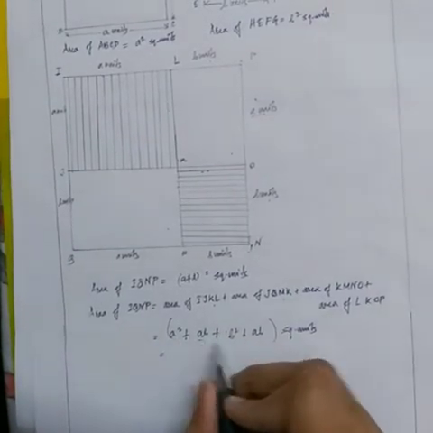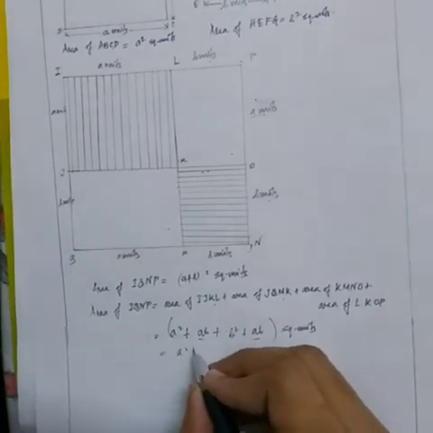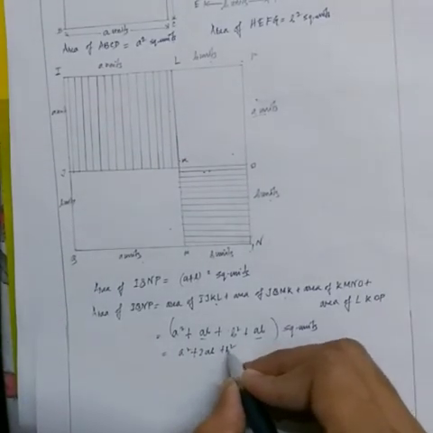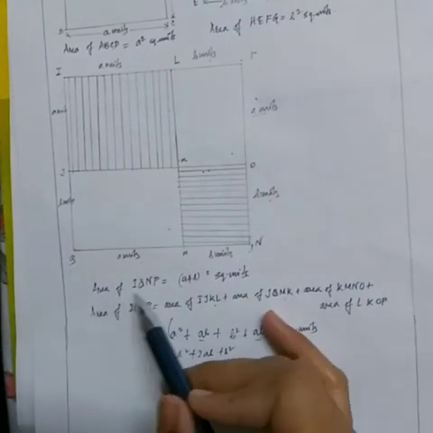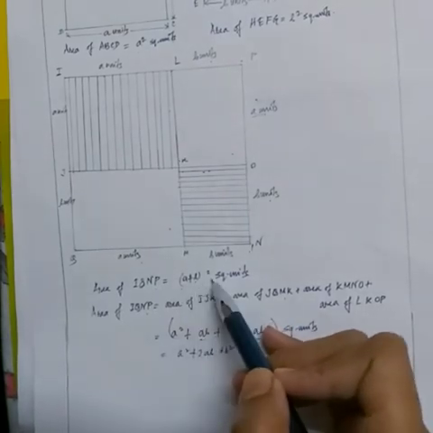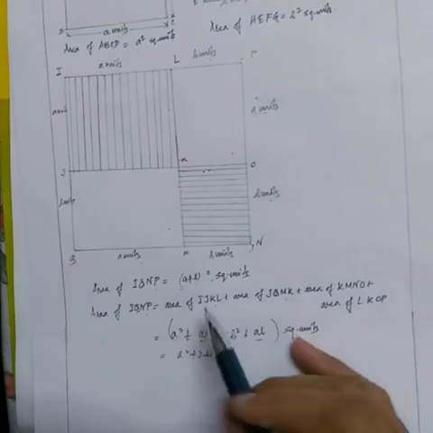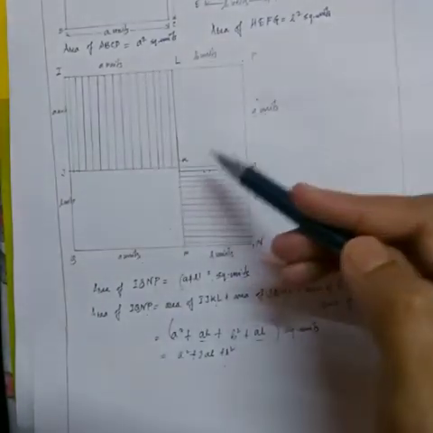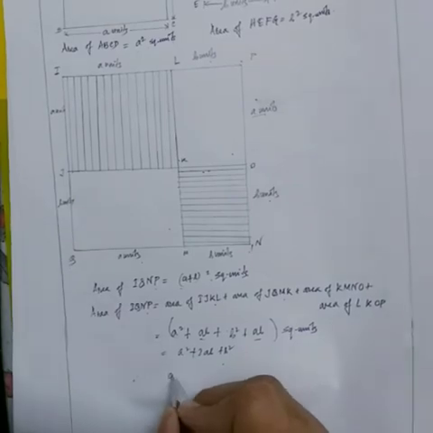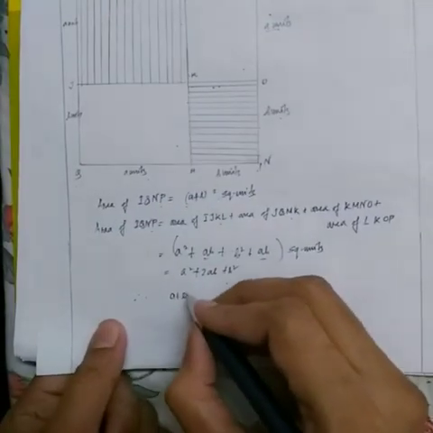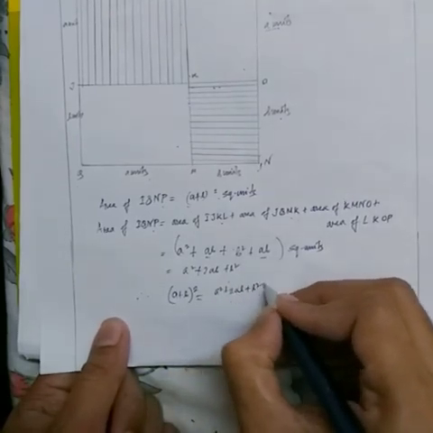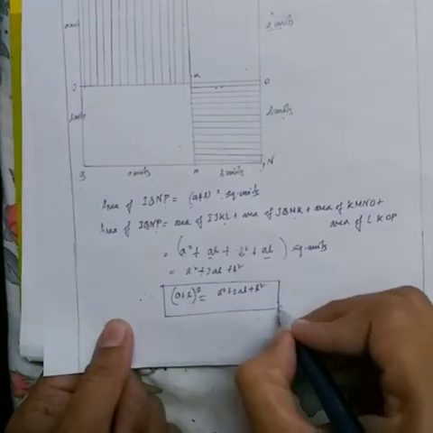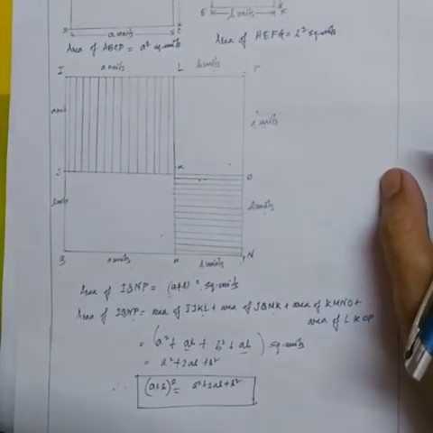Now you can see you have got 2ab over here, so you are getting a square plus 2ab plus b square. Now what is this? This is nothing but the area of IQNP, and the area of IQNP we have already calculated is (a plus b) whole square. Since both of them denote the area of the same figure, they should be equal. So we can write (a plus b) whole square is equal to a square plus 2ab plus b square. So this is the proof of the formula that we have written as number 1 over here.